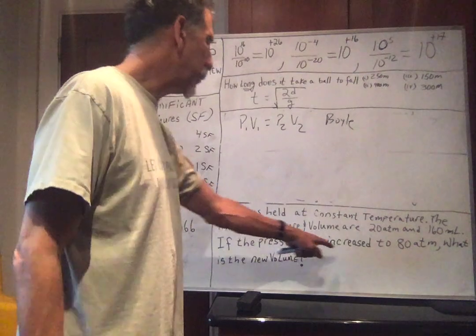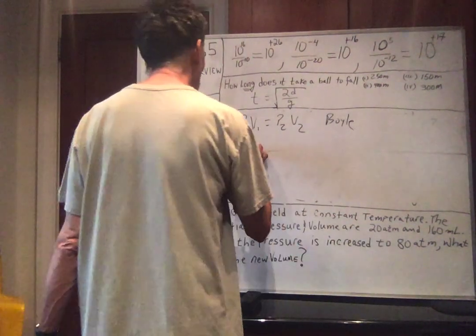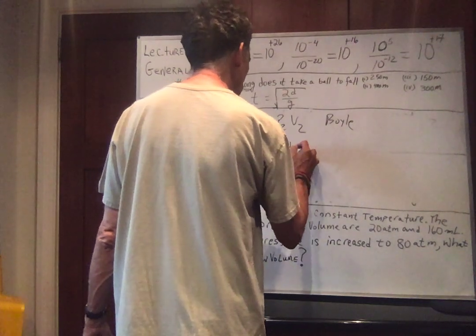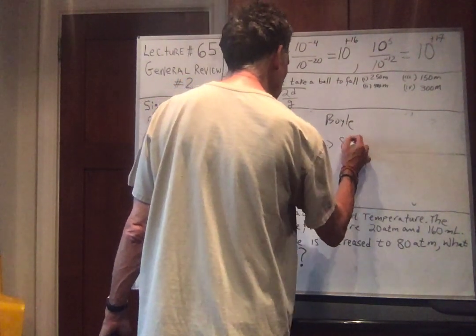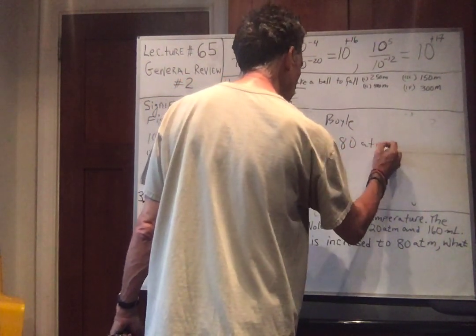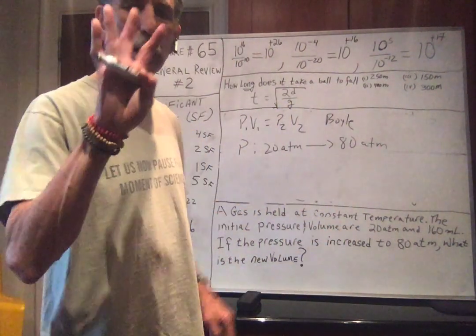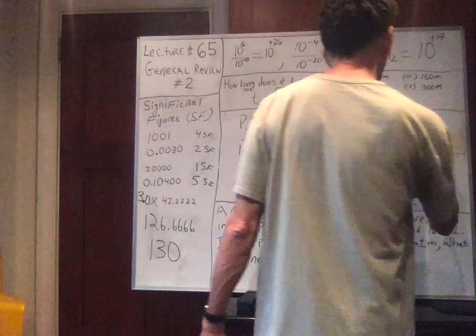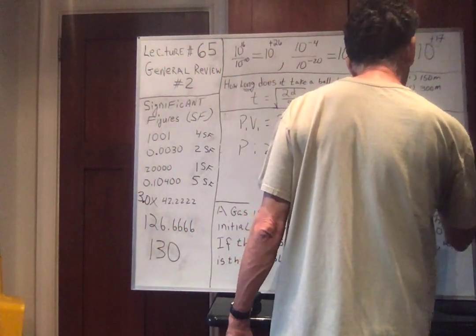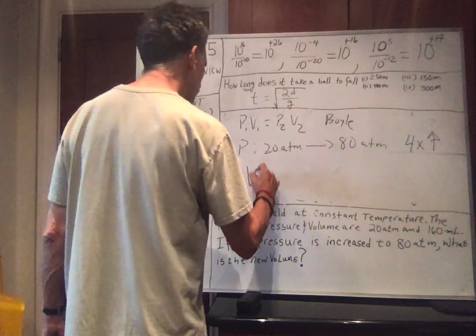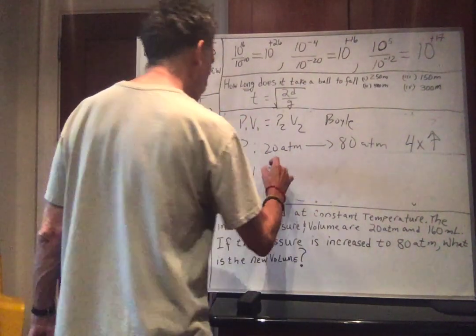So what am I doing? If the pressure is increasing, so the pressure is going from what? It's going from 20 atmospheres up to 80 atmospheres. Okay? So what's happening to the pressure? The pressure is increasing 4 times, 4 times bigger. So if the pressure goes up by 4 times, that means the volume has to go down